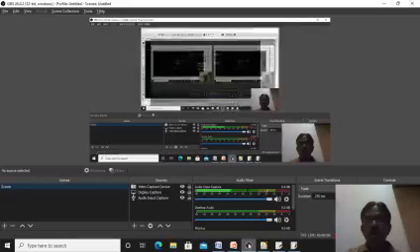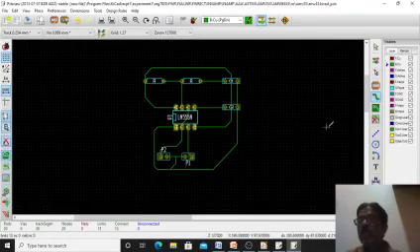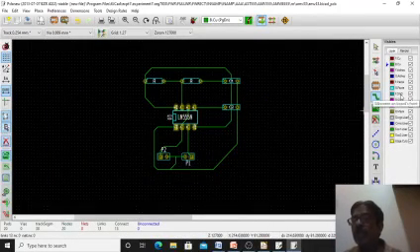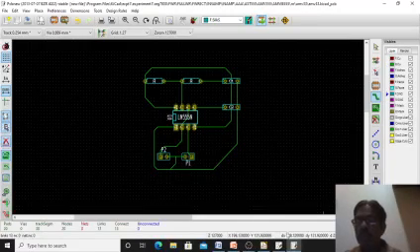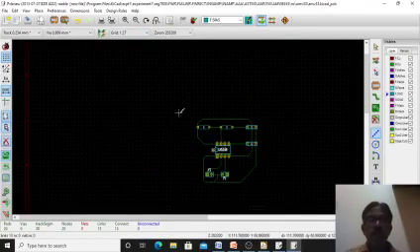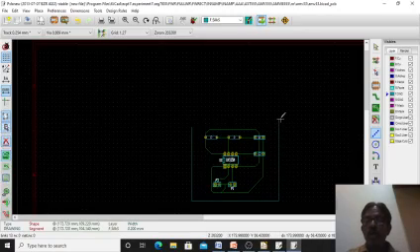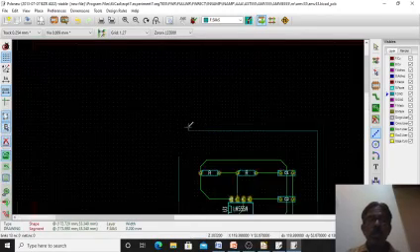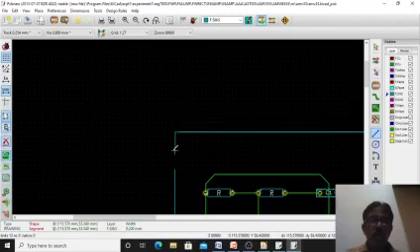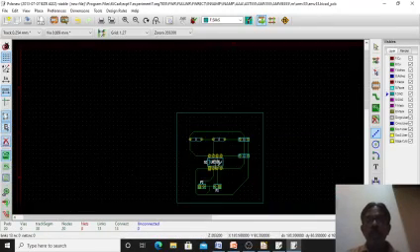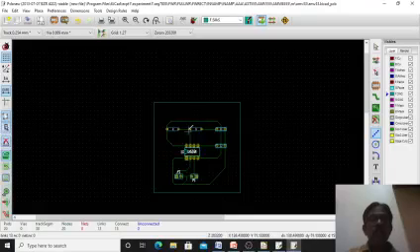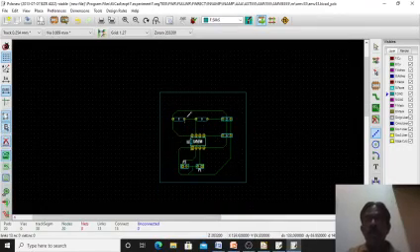Now putting the boundary mark. Okay, for putting the boundary mark, you can select F silk or F mask. I have selected, suppose say, F silk. On that you select this for drawing the line, add graphic line or polygon, then put a boundary mark here. Okay, so I am starting from this. Whenever you want to turn, once you click it. I want to turn, no, I have clicked. I want to turn, no, I will click. Double click to finish the part. Okay, so this is circuit diagram. This PCB layout is over.